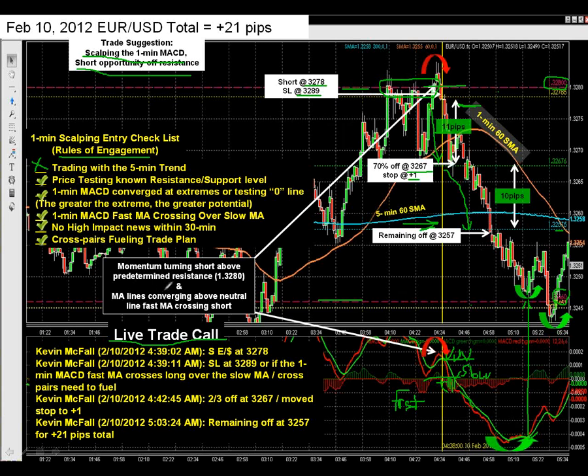So we took this trade as the momentum was turning short just above the predetermined resistance at 32.80, right up here. And then we just let it channel surf down into the channel where we knew we had predetermined support down here at